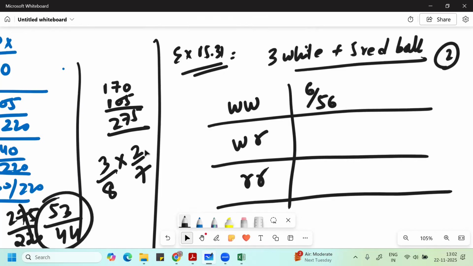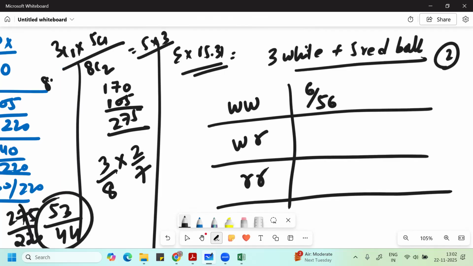So it can be 3C1 into 5C1 divided by 8C2. Total 8 balls are there. 3C1 is 3, 5C1 is 5, and 8C2 is 8 into 7 by 2, which means 28. So this means 15 by 28. Can I write 30 by 56? 30 by 56. Okay, then